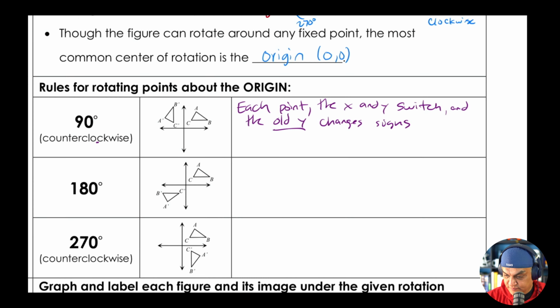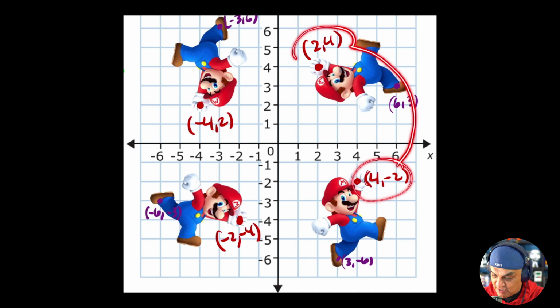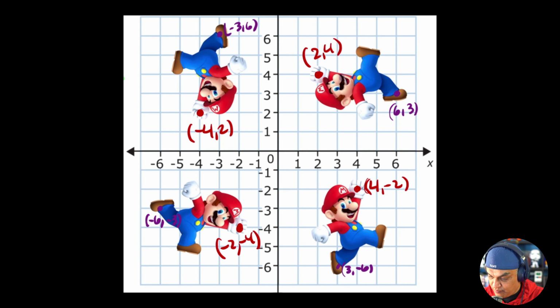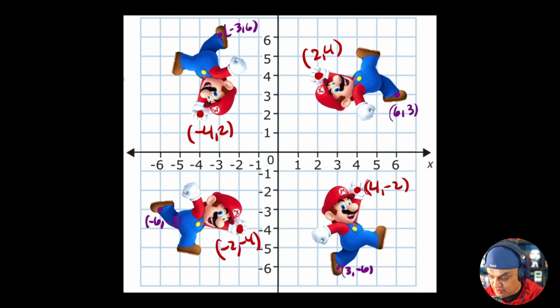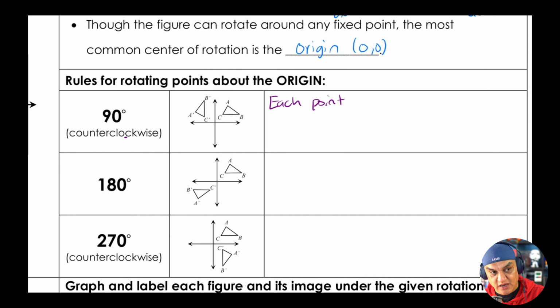So we're describing what happens when we rotate 90 degrees. Those of you that are lost right now, what we're doing is describing what happens to each point when I rotate just 90 degrees. And we can see for both of these, the red and the purple point, the boot and the thumb, that the X and Y switch, but the old Y, which becomes the new X, changes signs. The other one stays the same. The old X or the new Y stays the same. So I'm trying to describe that in words. And then I'll show you how we can,